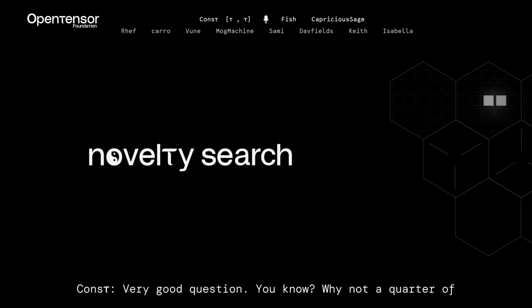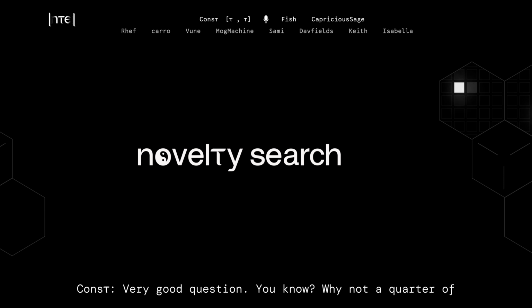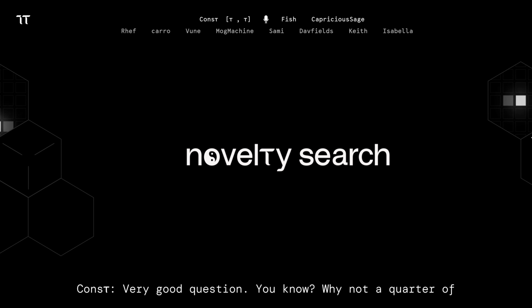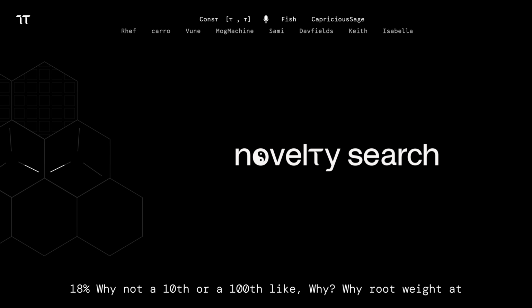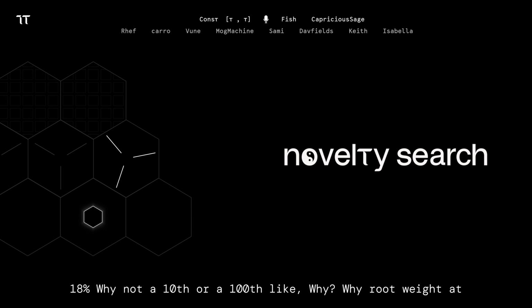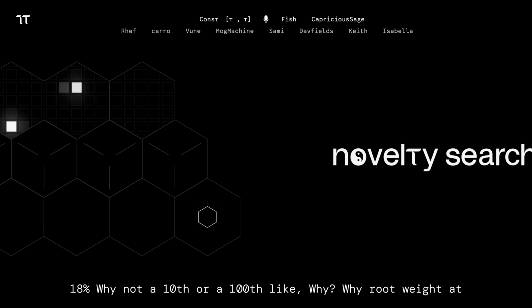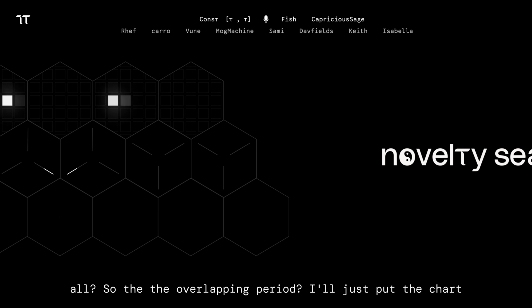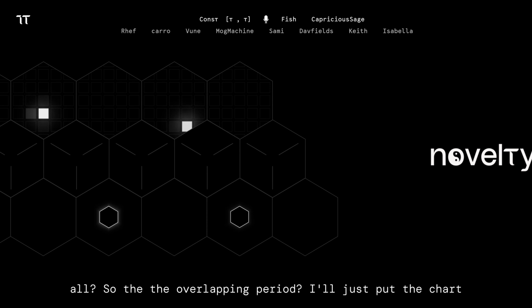It's a very good question. Why not a quarter of 18%? Why not a tenth or a 100th? Like, why root weight at all? So